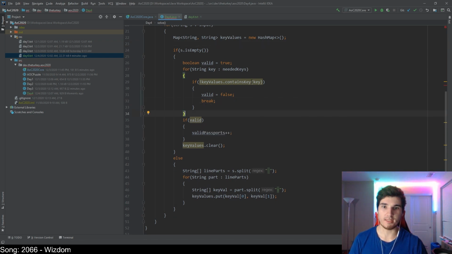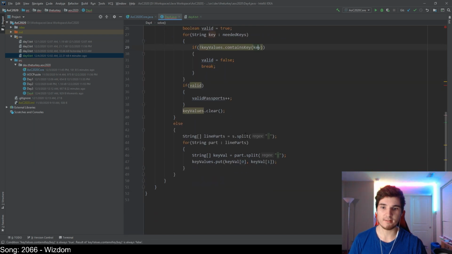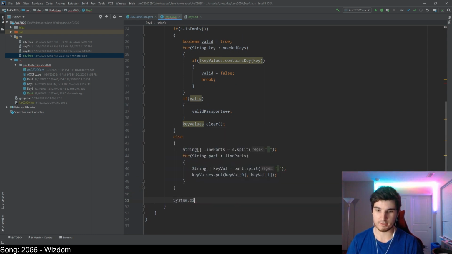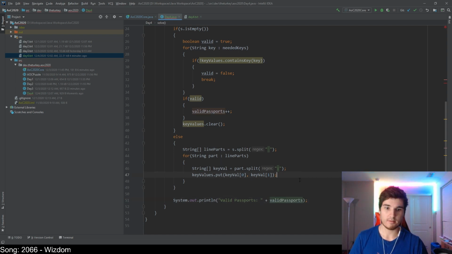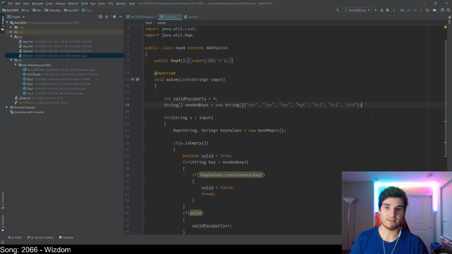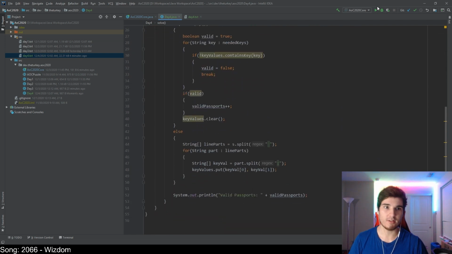Yes, get rid of that. I still don't understand why this is complaining. I'm also thinking fast here, so this might be just something I'm not getting here. The system out print line, I can't type either. How many valid passports we have, and just output valid passports, sorry. There you go. Oh, it's complaining because that isn't a valid line. Okay. Good. So if we were to run this now,